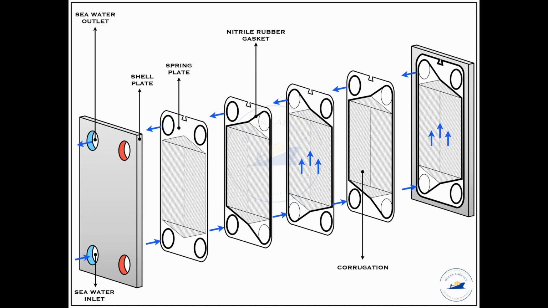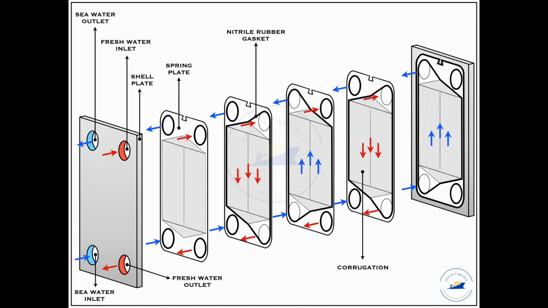is exiting through the cooler, and this continues for every alternate plate until the n number of plates that are being put into the plate type heat exchanger. Similarly, for the fluid that is supposed to lose the heat, the corrugation will be arranged in such a manner on the specific plates through which the fluid flow has to occur. The corrugation will be so arranged that the direction of these corrugations will be opposite to the direction of the